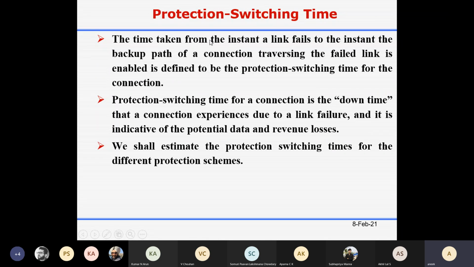So it is the time taken from the instant a link fails to the instant the backup path of a connection is enabled. Connection means the light path. The backup path of a light path traversing the failed link is enabled. That is defined to be the protection switching time for the connection. Connection here means the light path, because if I share with you the main paper,